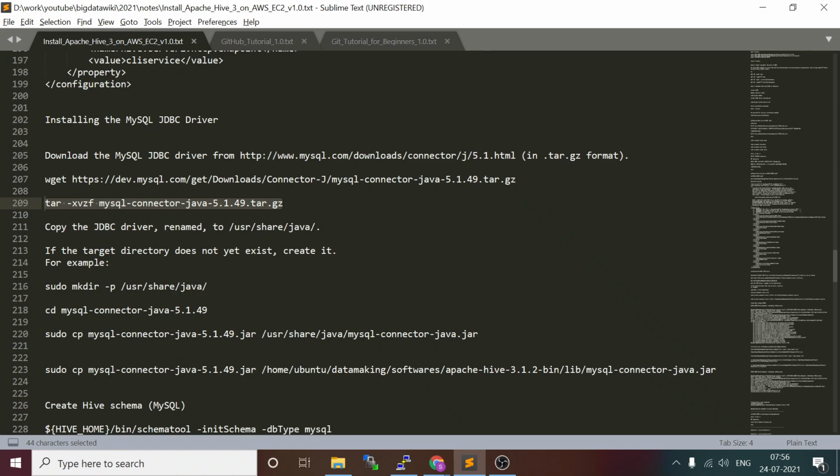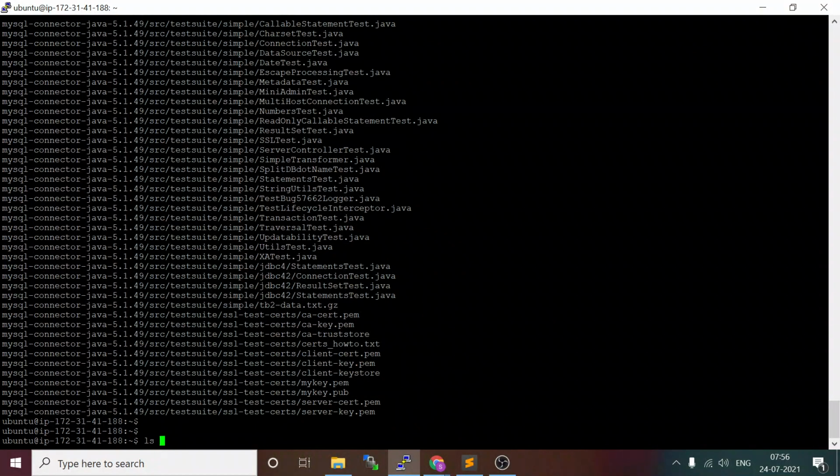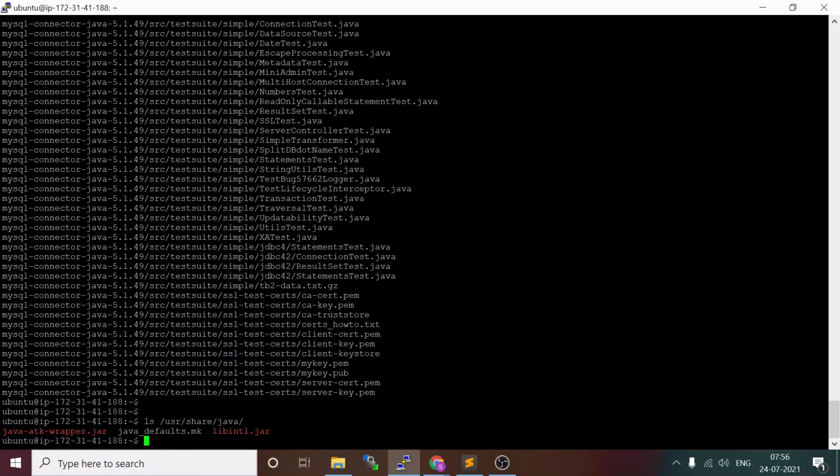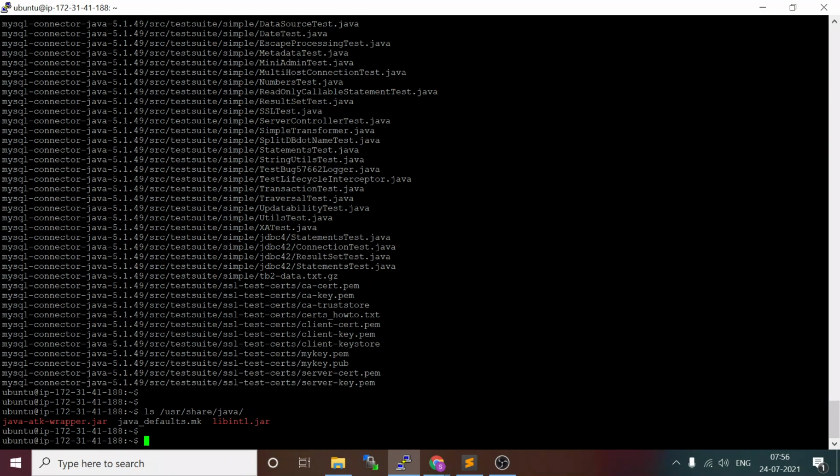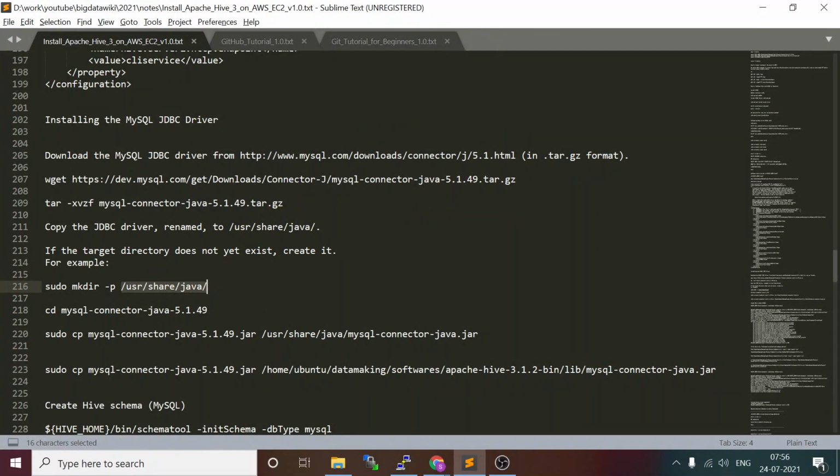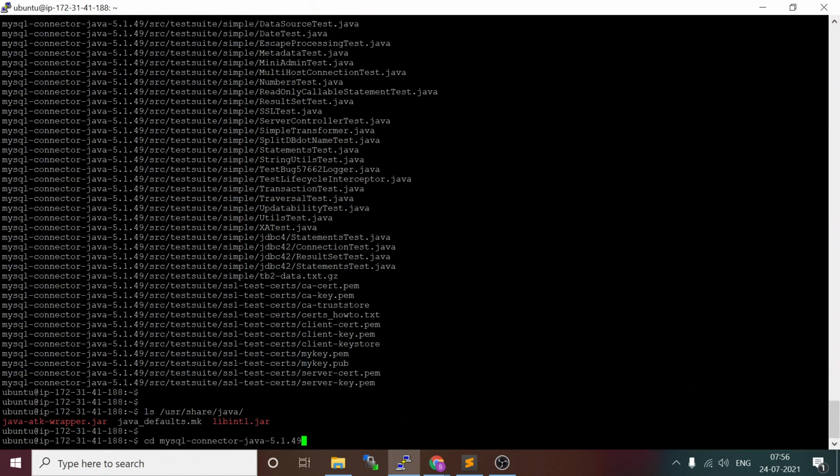Now we need to place our JDBC jar into this location called /usr/share/java. This is the default Java location. If this location is not there, you can create it, but it's already there, so I will skip the directory creation step. Directly you can go to the extracted folder of the MySQL connector.